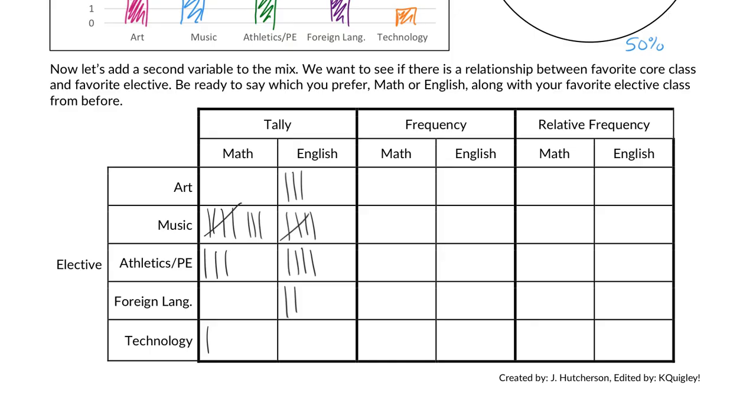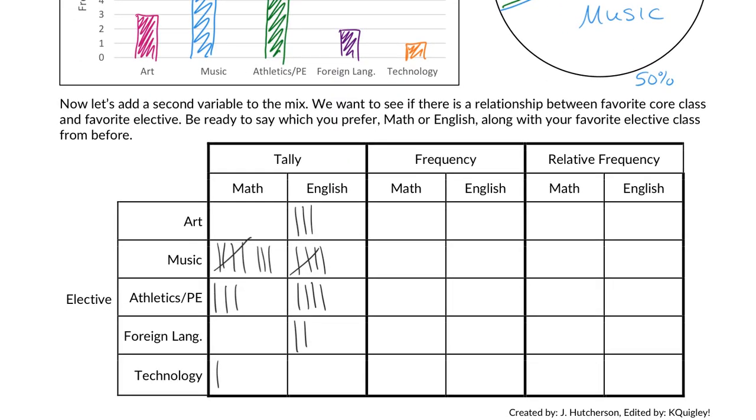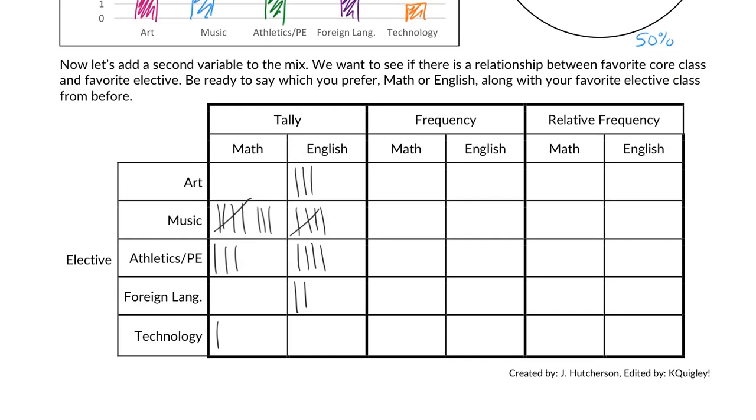Okay, so now we've taken our responses. Do those match up right? 3, 13, 7, 2, 1. Yeah, those match up. Okay, so now we've taken this and we split it by core subject. We can still count the frequency of each response. So for this box right here that says frequency under math and art, how many people picked math and art? 0. Rip. How about math and English and art? Do you see how this works? So then we would have 8 and 5 and 3 and 4 and none and 2 and 1 and none.